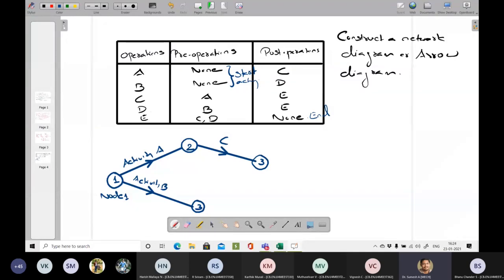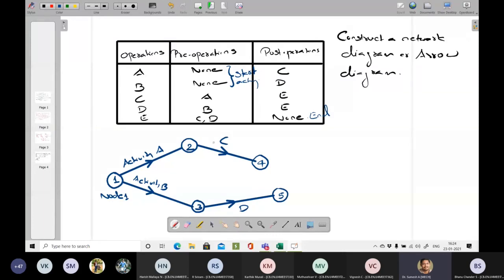For starting activity D, I need to finish B. That is, after finishing B. So this should be node 4, sorry, and I'll mark this as node 5 for activity D. Activities A and B start in parallel and do not have any pre-operation.